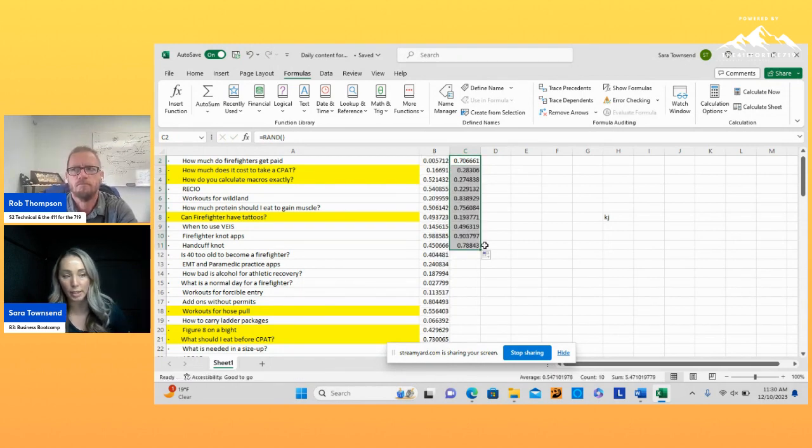And it created random numbers. The reason you want to do that is you're not going to want to do all your CPAT days on the same one. You're not going to want to do all your fire ones or whatever. You want them to kind of alternate. And so you can randomly generate those numbers and then shuffle those numbers out.